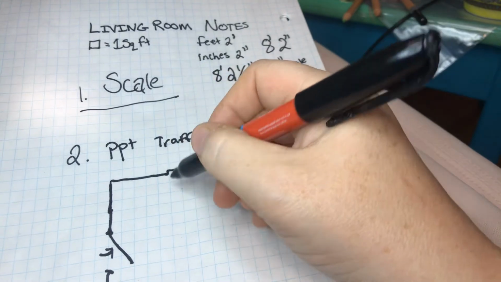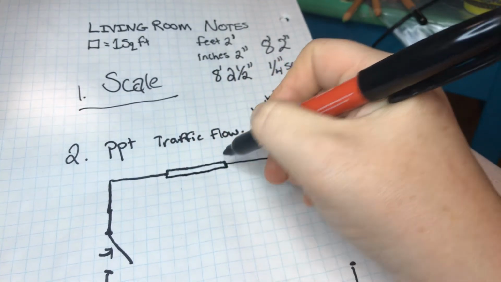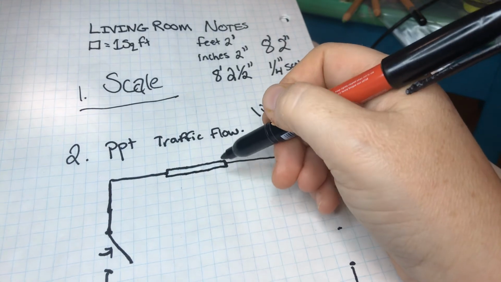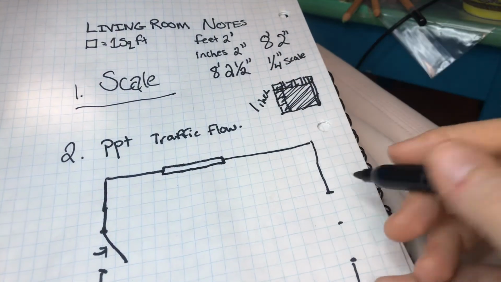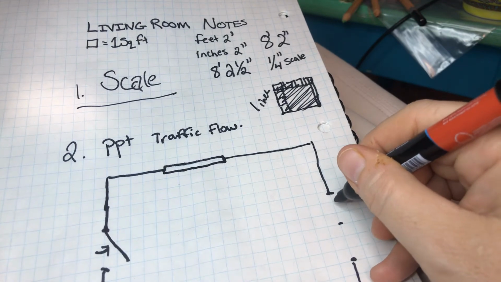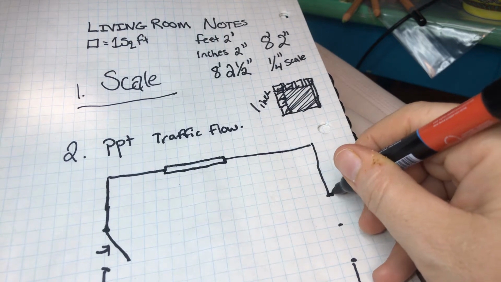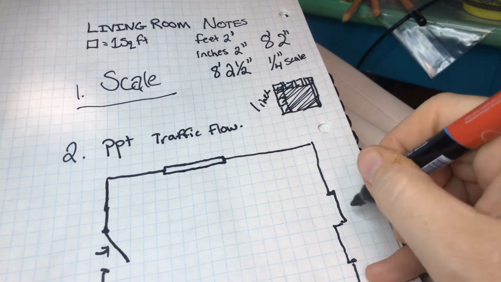Obviously, you'll do this a little more with your... it's very clunky because I'm not using a ruler. I really suggest you use a ruler. I'm not using a ruler and I'm using a Sharpie. So French doors, in order to indicate you could indicate a sliding door by going like this, or you could